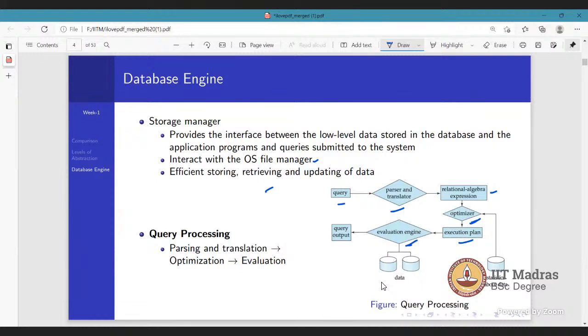Then we evaluate the result and check the statistics of what we have done and what can be further improved and so on. And as you can see, these statistics get generated from the evaluation engine, and the optimizer tries to use them. You use those statistics, right? And then finally we have the query output. So I hope you understood the basic approach of query processing.